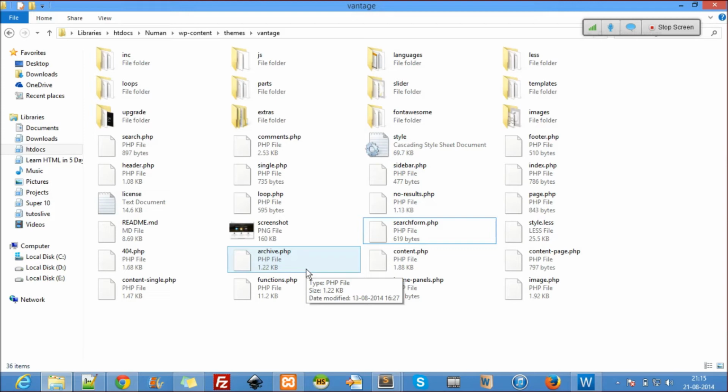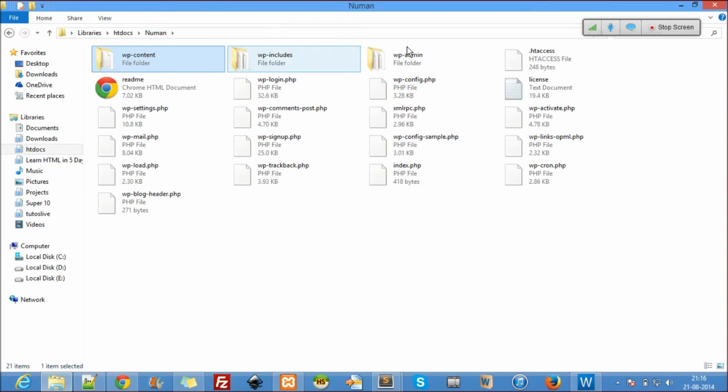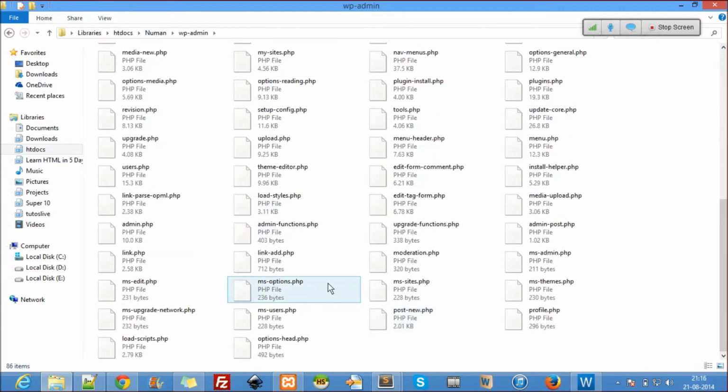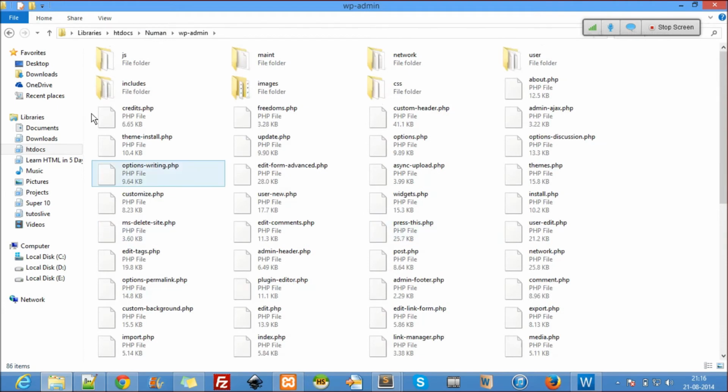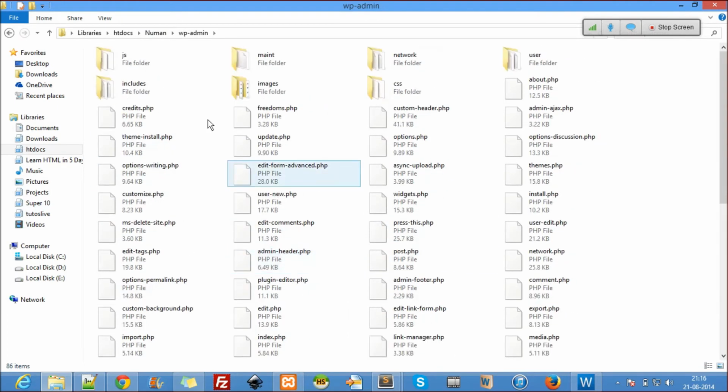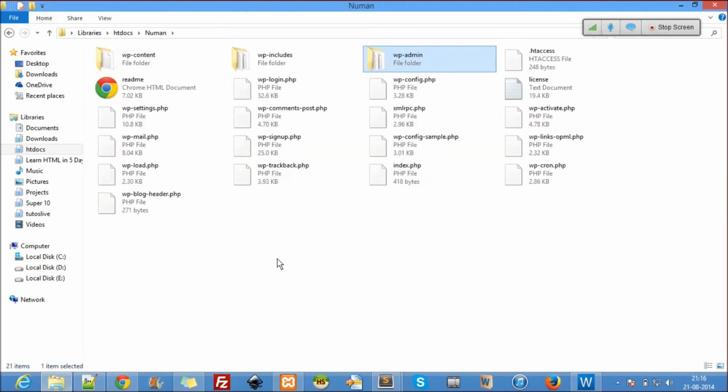Then you can definitely go ahead and change it here. For the admin there's also an entire set of files. Whatever admin panel you see is right here. I suggest not changing this, because if you change something here, you can't really do anything about it.